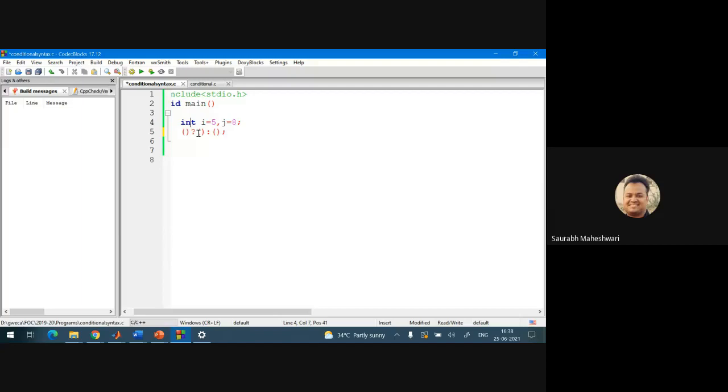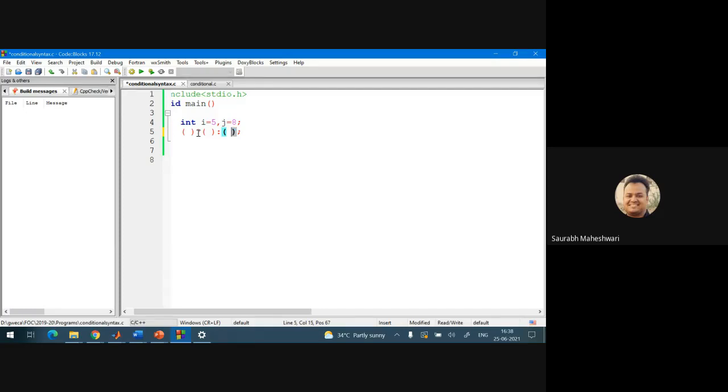Like we saw the syntax of if, where there was if and parentheses. So here you have the first part, second part, and third part. Three operands are there, and the operator, this question mark, is called the conditional operator, and it has two parts.